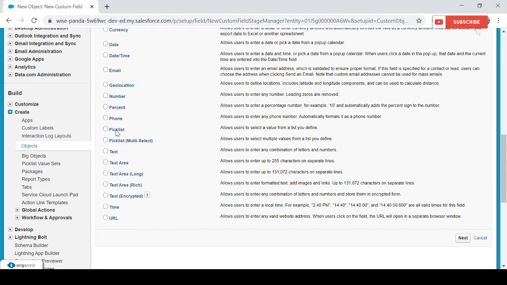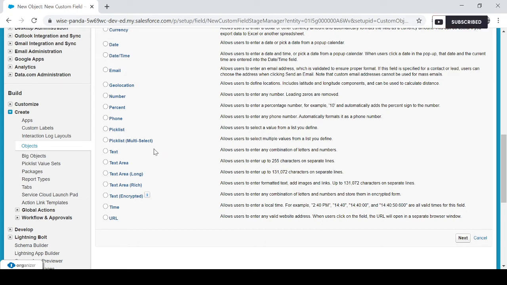Also here it's showing pick list and multi select pick list. The pick list is nothing but, in normal HTML we will create a drop down, right? So based on Salesforce data type, all the drop downs are considered as a pick list. So if you want to create any particular drop down, you need to choose the pick list option. The pick list is nothing but a normal drop down, normal HTML select option.